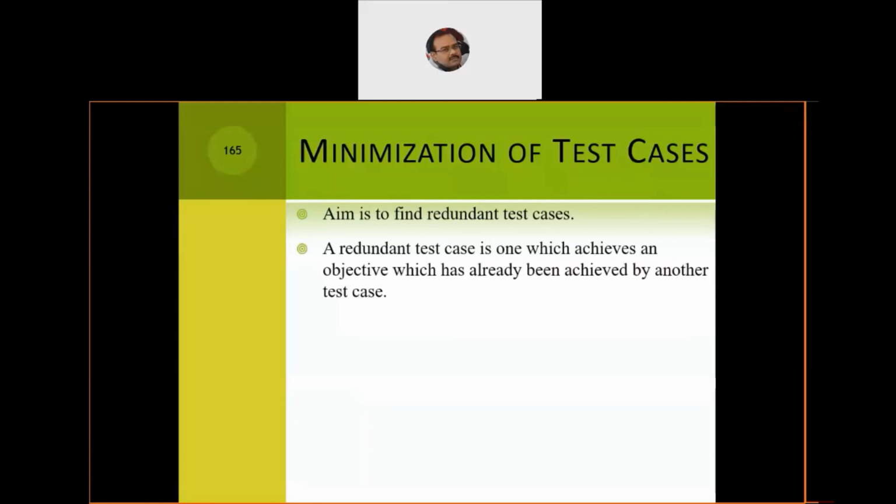So what is a redundant test case, or an RTC? A redundant test case is one which achieves an objective which has already been achieved by another similar lookalike test case. So the functionality of both test cases is by and large similar in nature. One of them can be done away with and the other can be carried forward. Now when you are removing an already defined test case, it should not happen that certain anomalies are committed. So minimization involves very conscious decisions. A thoughtful process has to be followed.